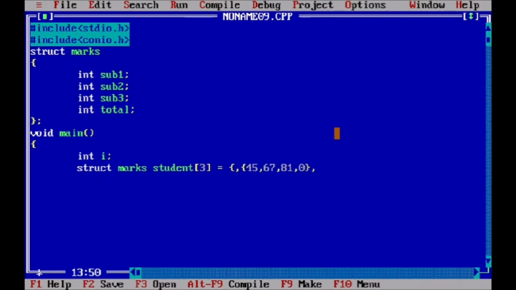The fourth value, 0, is actually the total value, and we then calculate the total of each student's marks.